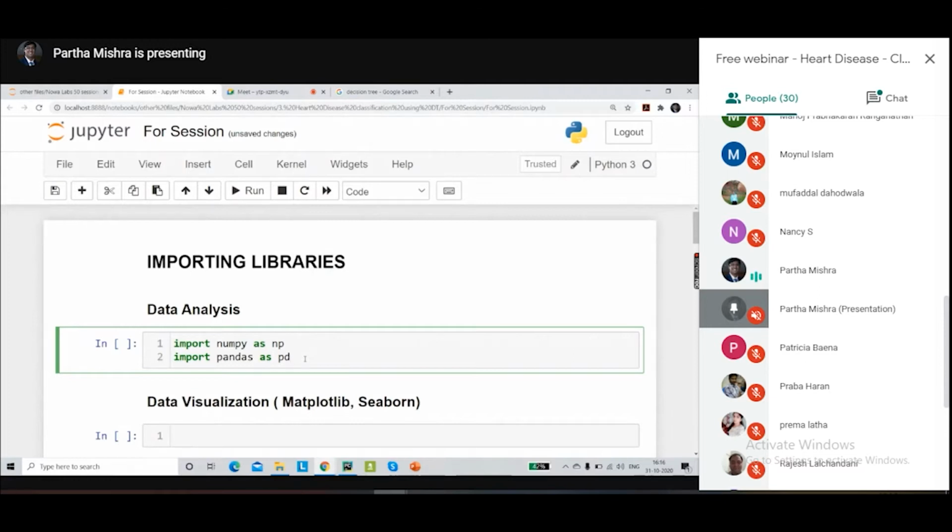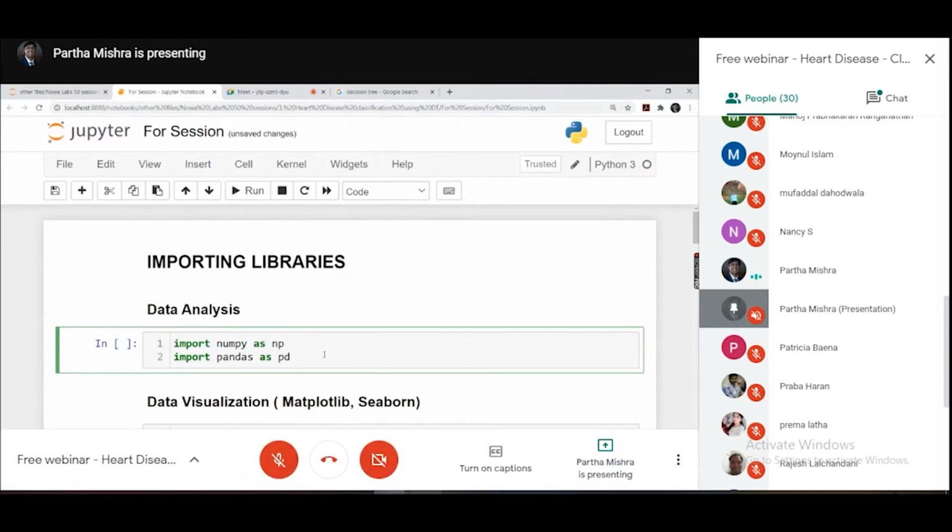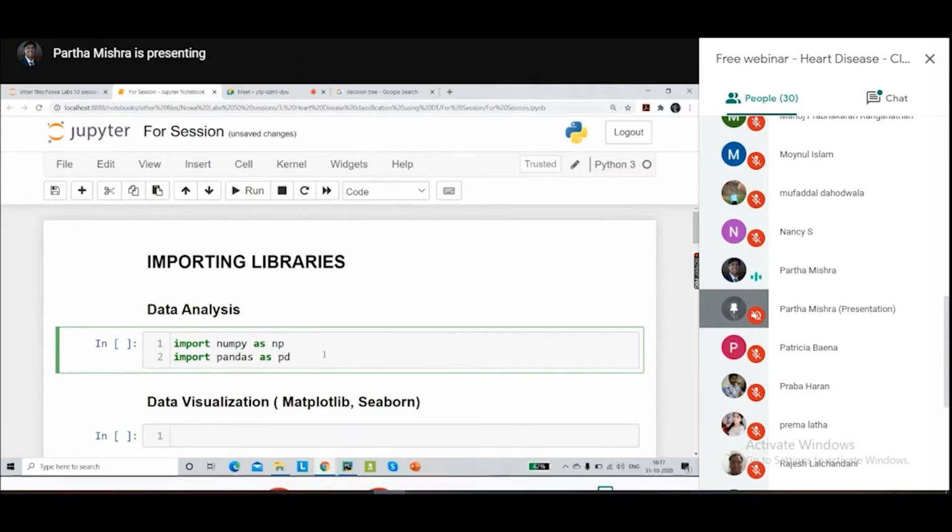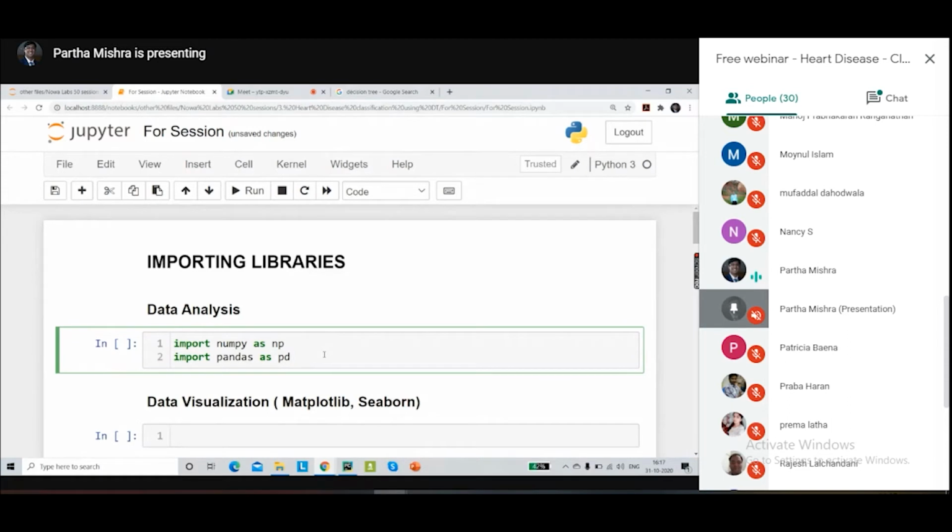There are certain aliases which are quite popular in the Python community. The more you practice, the more you'll get to know which library is used with what kind of shortcut name.